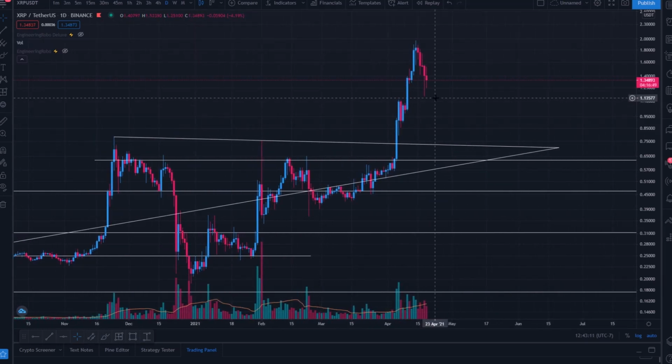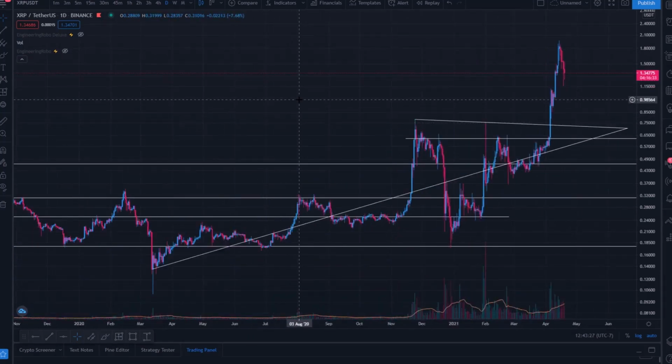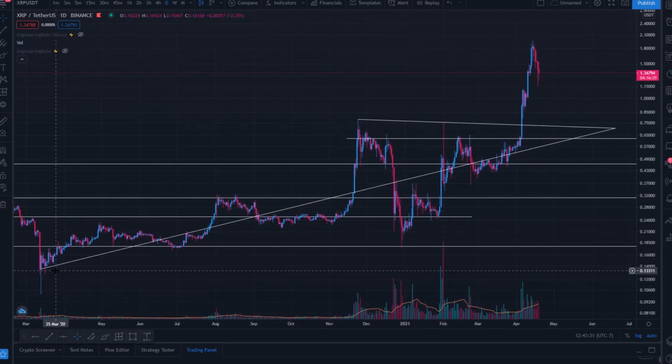Going to be assessing what's happening, as there appears to be some exhaustion in this uptrend. We've broken out of this very tight accumulation we've had for the past couple months, but we seem to be getting a big rejection off of a new swing high, and we've pulled back quite hard. So jumping into it, to quickly recap the prior price action here,